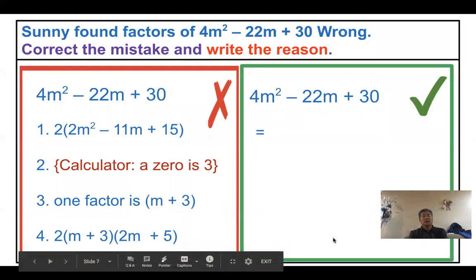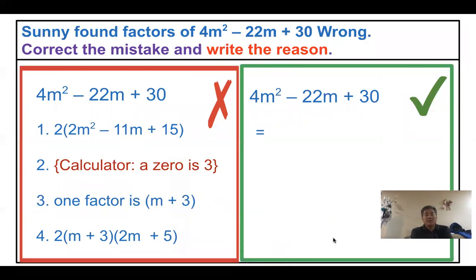So now I want you to use the calculator, right? Kim's method, I mean. So this is an error analysis. Sunny found the factors, but there is something wrong. Can you figure out what is wrong? Maybe 2 minutes, 3 minutes. Can you try? Okay. So now,